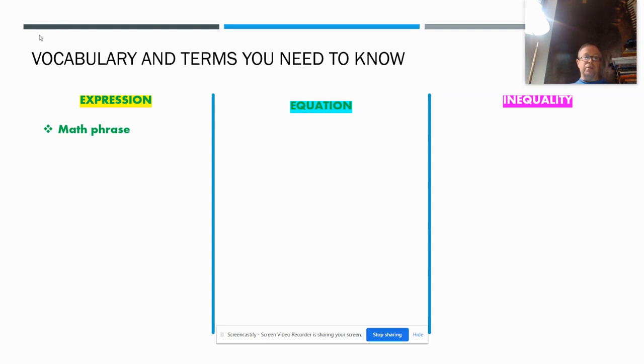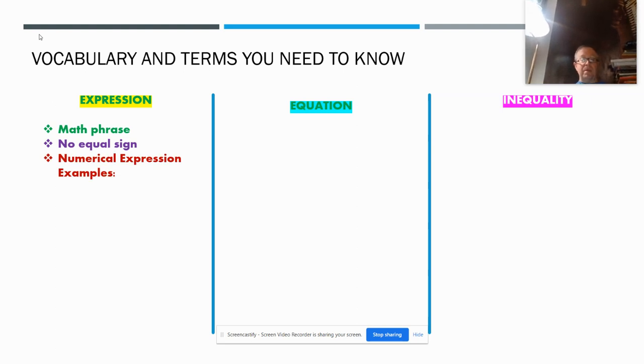All right. An expression is a math phrase. It's an incomplete sentence. It's not a sentence. The brown cow. Chocolate milk. Blue shirt. They're not a sentence. It's just an idea. We don't have a full, complete idea. What's the brown cow doing? What is the blue shirt? How much is it? Where is it? Whose shirt is it? We don't know. An expression is not going to have an equal sign. So the biggest thing is if you don't see an equal sign or any sort of symbol, it's going to